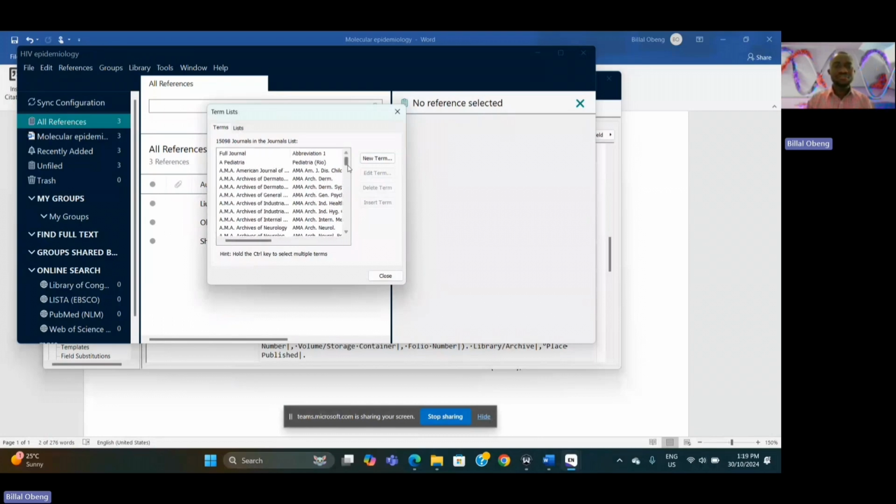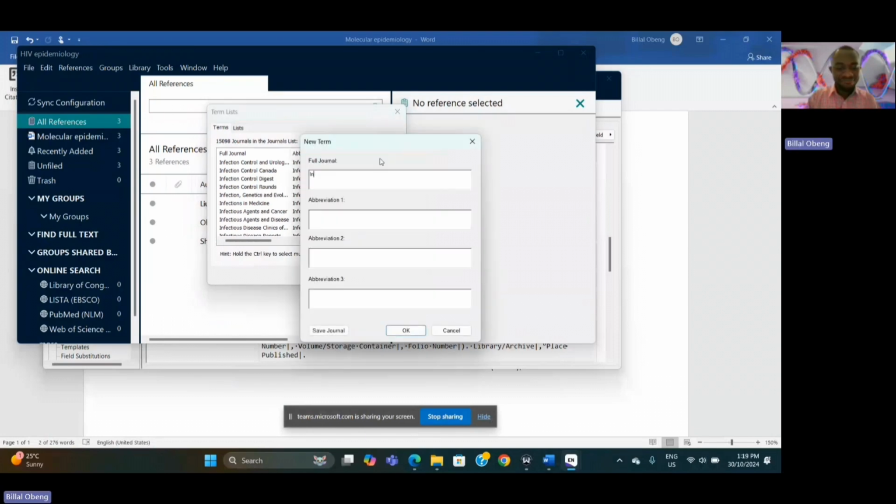So we are going to search for infections journal if it is there. If it is not there, we need to create. So we go back and then search for infections journal. So you just have to go step by step and look for infections, journal, if it is there. Okay, we have infection, and immunity, infection control. We don't have infection journal. So that means our journal name that we are editing is not part of this list. So what do we do? We will just create a new term and then type in infections